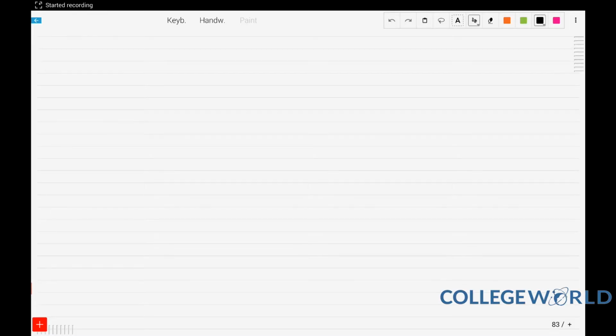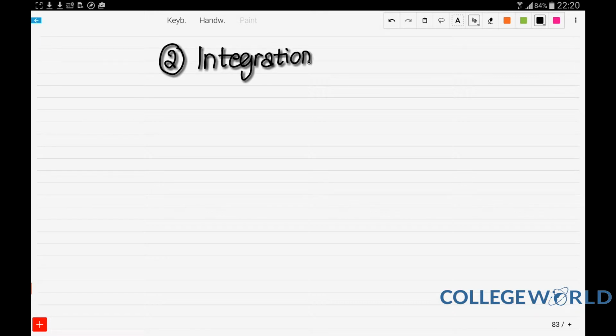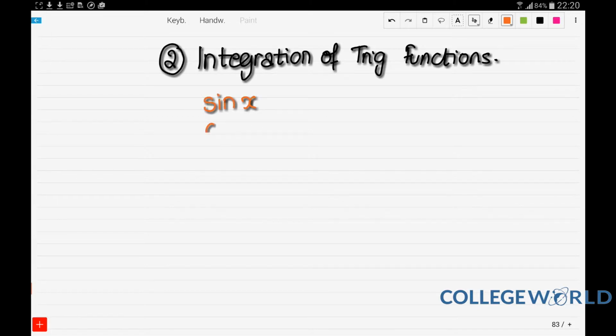Now we're going to move on to the second part of integration. Like integration of exponential functions, this is also very simple, and it depends on your knowledge of the fact that integration is the antiderivative. So again, if you don't know what trigonometric functions are, then you're way too late. But as you know, trigonometric functions are ones that basically depend on sine, cosine, and tangent as a basic,